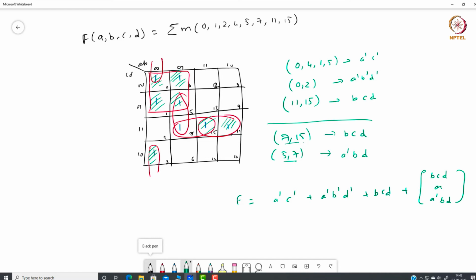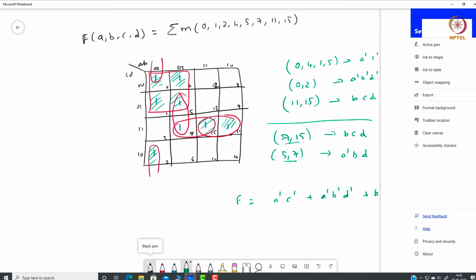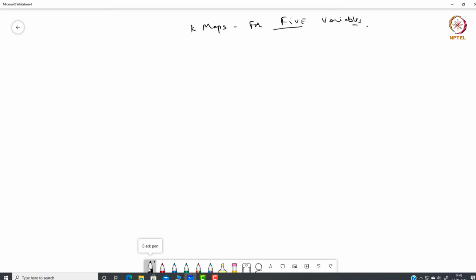Okay, so now let us try to answer another question: what if the total number of variables in the K-map is more than 4? Let us say the total number of variables is 5. Can we do that also using K-maps? So if we have 5 variables, how will we draw a K-map? That's a big question, because in our 4 variable K-map, we have already drawn in 2 axes. So how can we do it for a K-map with 5 variables?